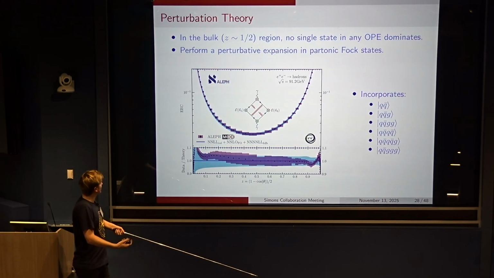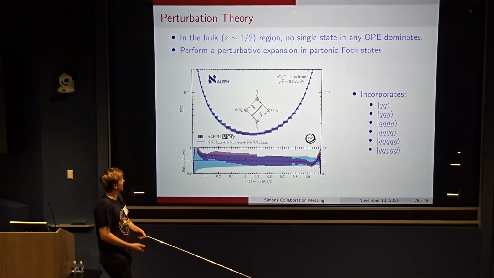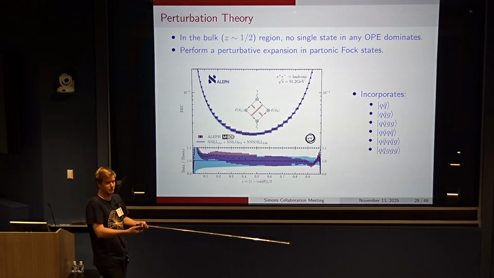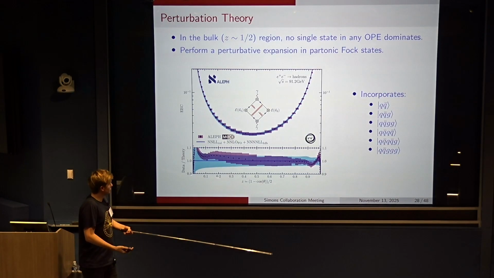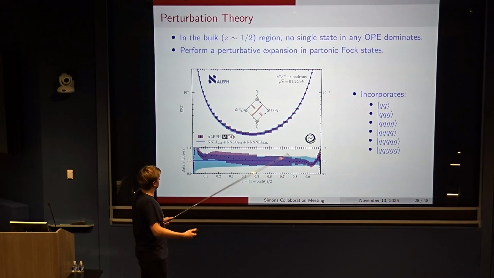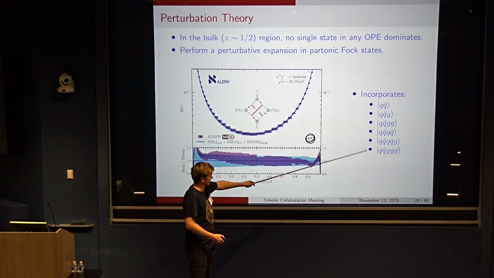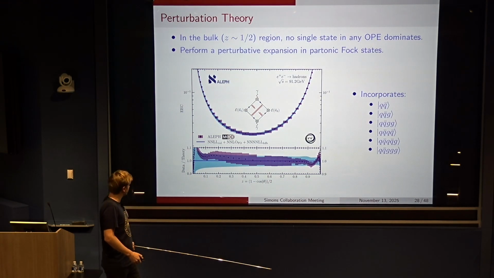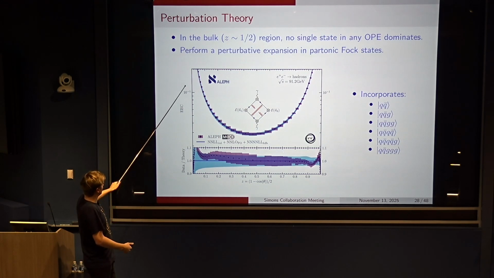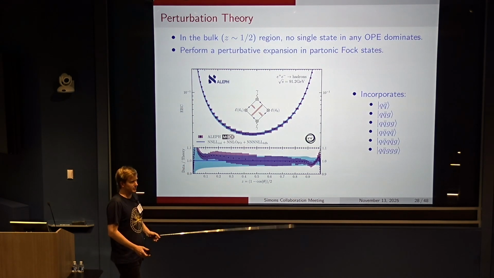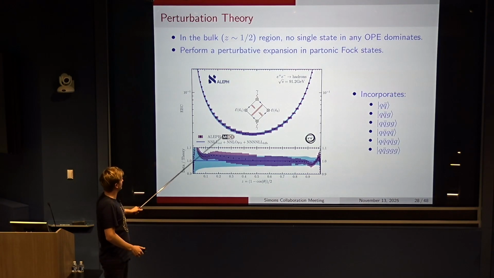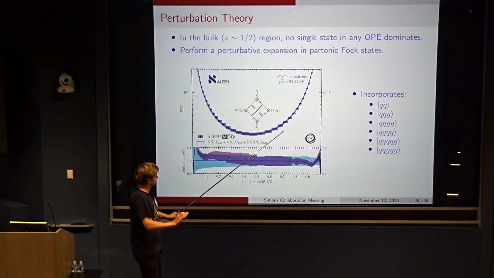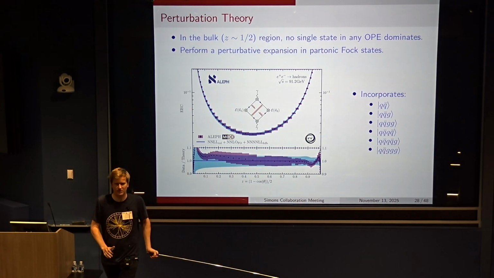As I mentioned, in the middle of the distribution, you have no nice operator product expansion or no single state that dominates. And so the best we can do is perturbation theory. But we are actually quite good at perturbation theory, and in particular, we can do it to quite high orders. We're going up to third order in the strong coupling constant, so we're including quite high states with many gluons. And you can see that if you do that calculation, we actually get beautiful agreement between this calculation performed on partons and what we see in the real-world experiment. This really shows that in this intermediate or bulk region, we really have these partons in the UV.